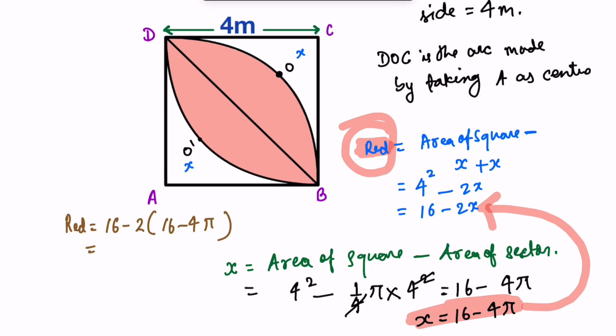So this will be 16 minus 32 plus 8 pi. This will be minus 16 plus 8 pi, or 8 pi minus 16, and this will be equal to